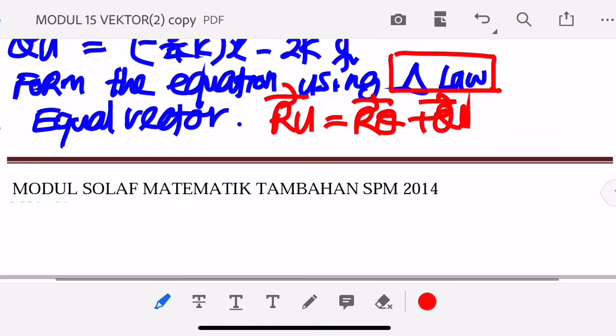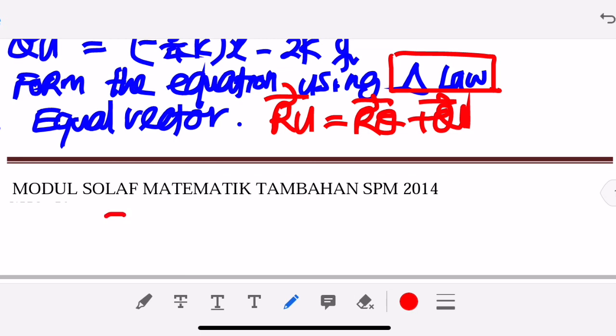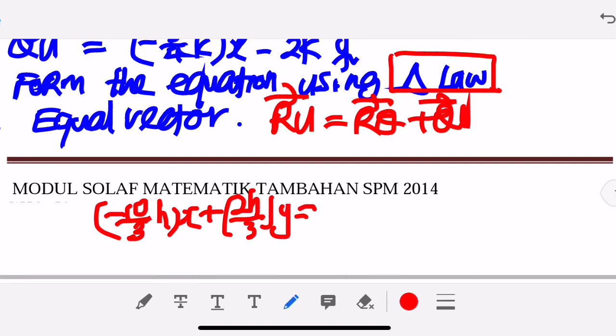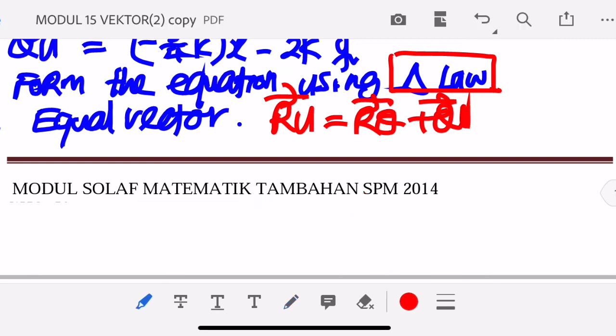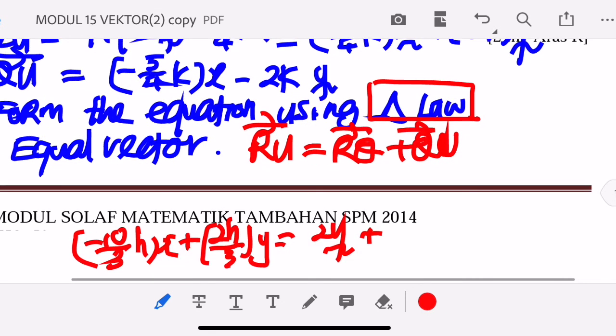So I'm going to substitute negative 10 over 3 h x plus 2h over 3 y is equal to the RQ just now. If you look at the diagram for the triangle law, you have RQ which is 2y, plus the QU, which we just simplified. So we substitute QU as negative 5 over 4